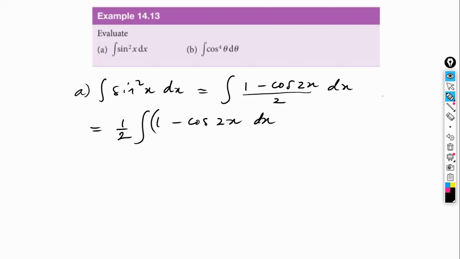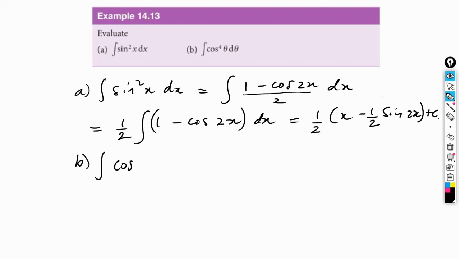Some people prefer to use a parenthesis here. It's okay if you don't though. So this is easy to integrate because we already know what this will be from the previous examples. This is going to equal 1/2 times x, which is the integral of 1, minus 1/2 times sine of 2x. And obviously, we can't forget plus c. For b, they ask us to integrate